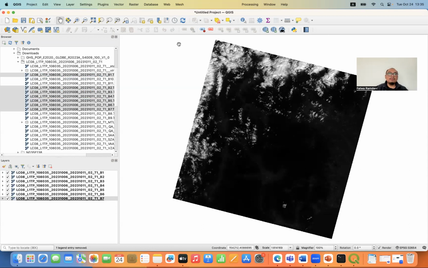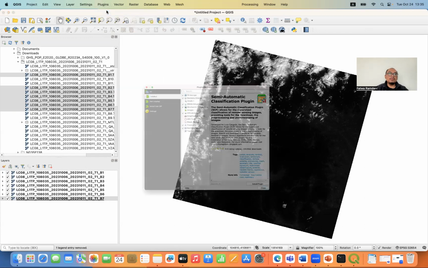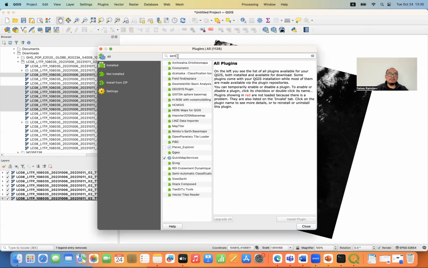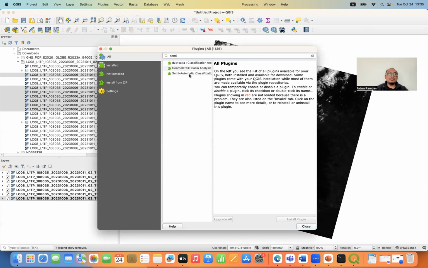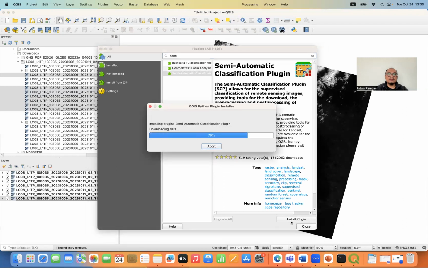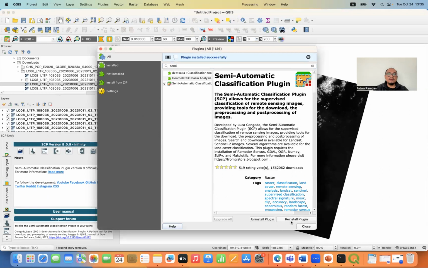Next, we want to make a band set. So the first thing we have to do is install the Semi-Automatic plugin. Just type semi, go to plugin, manage and install plugin, and the plugin window is open. Select Semi-Automatic Classification and click install plugin like this. However,